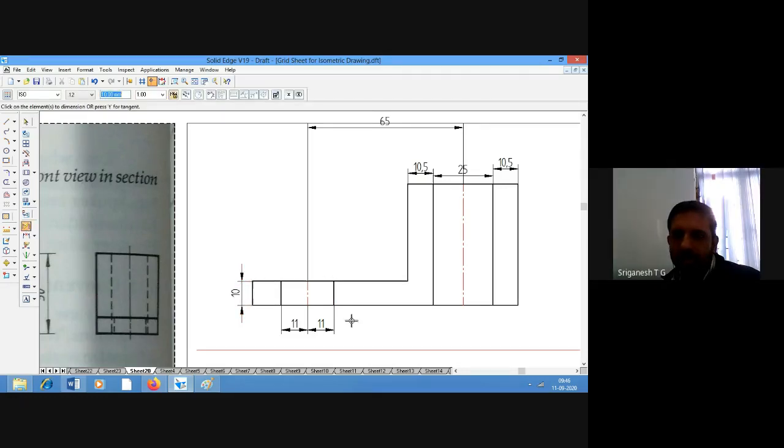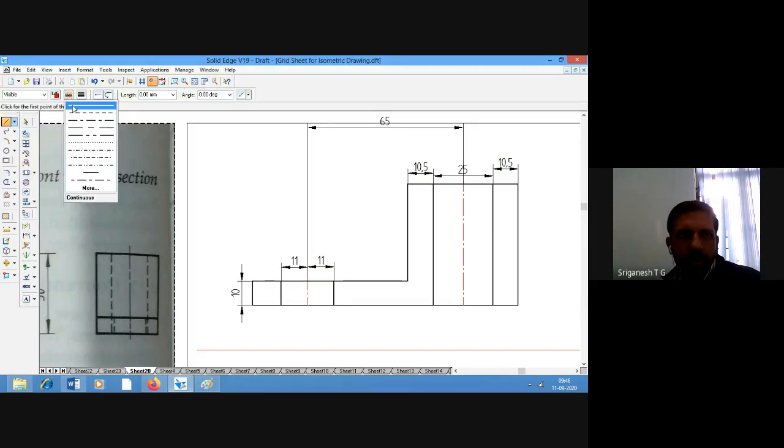So this is the thickness of this. I'll put this one also here. Now you see different portions, no? In this particular portion, it is hollow, correct?